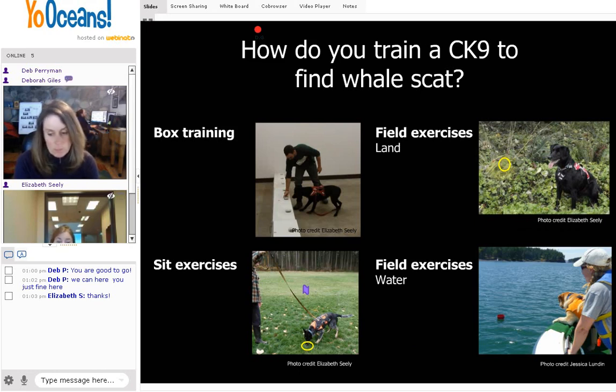The handler starts to look for the way the dog moves across the land, or you look and see if the dog is running in circles, or if they run side to side, or how they hold their tail. Is it up or is it down? Do they wag it a lot or do they sit still? How does their face look when they get close to a sample? The handler starts to look at all of these different aspects of how the dog is working, and then brings